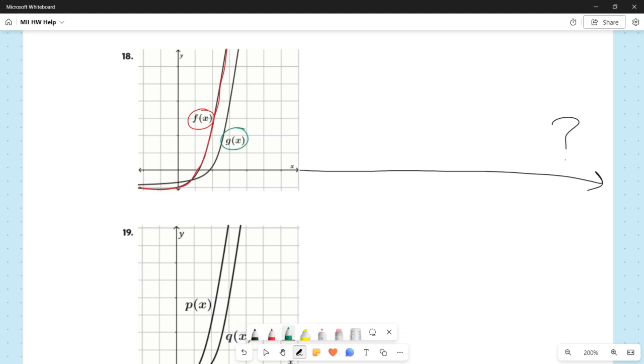Meanwhile, g of x starts out above f of x, but then it gets surpassed by f of x, and then it also starts to go up, but not before f of x sort of overpowers it. And again, this point of intersection kind of tells us what's going on here. When you have this with exponential functions, when f of x starts out below g of x, but then it surpasses it and then it increases faster, it turns out that in this case,